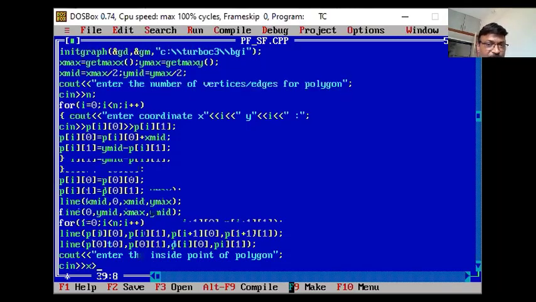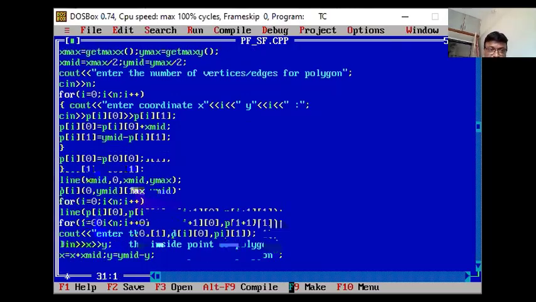Now this x and y is as per the old origin. What is your new origin? X mid, y mid. So convert this point as per your new origin. So x is equal to x plus x mid and y is equal to y mid minus y. Whatever the inside point is, it is now as per your new origin x mid, y mid.